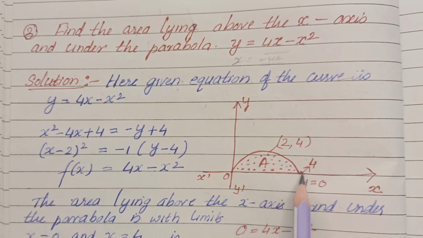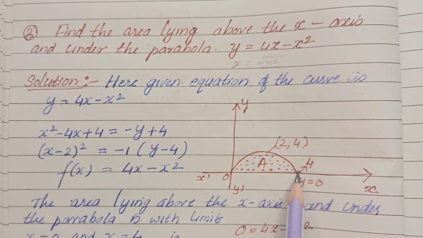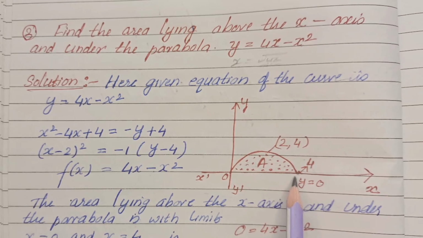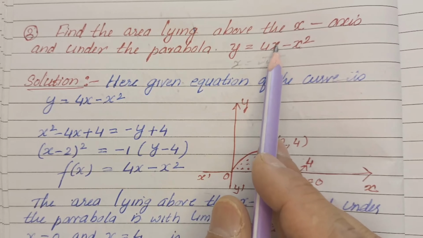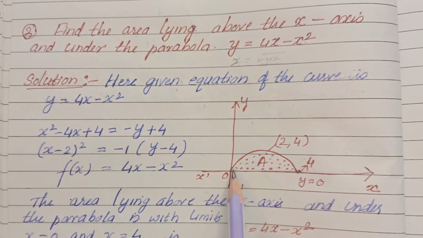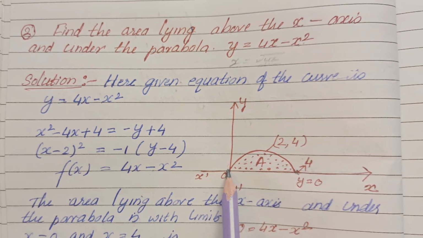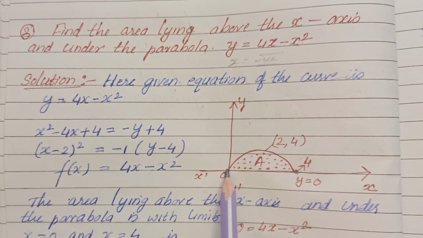Okay, so when you put y is 0, this line itself is 0, then where will the x be? It will be near to 4. If you are putting x as 0, this becomes 0, then y also becomes 0, so that would be this point. So you know now this point and this point, these are the 2 points that you should know, and you make a parabola in between them. Is that clear?